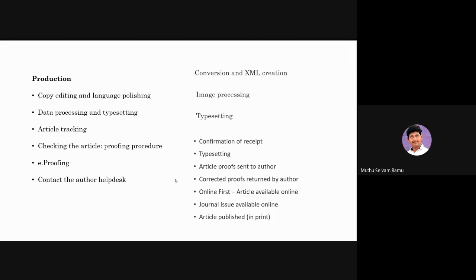They'll ask for the editor, and if the editor says yes to the manuscript, they'll send it. So how will the editor say yes? They'll read the abstract, and if the abstract is suitable, then they'll accept the article. It means they'll accept the article for revision, and the editor, who is at the first level, will check